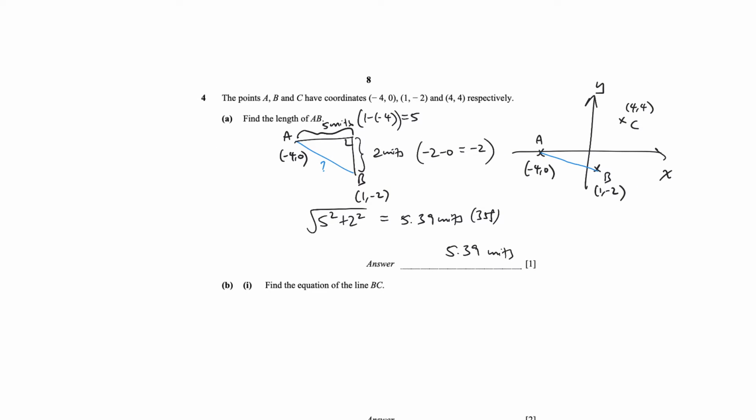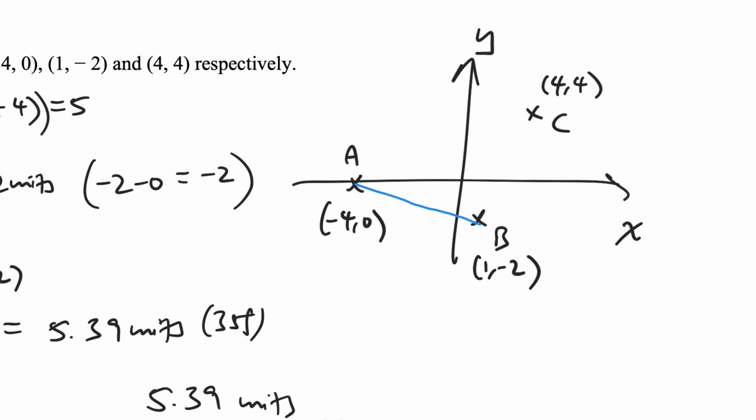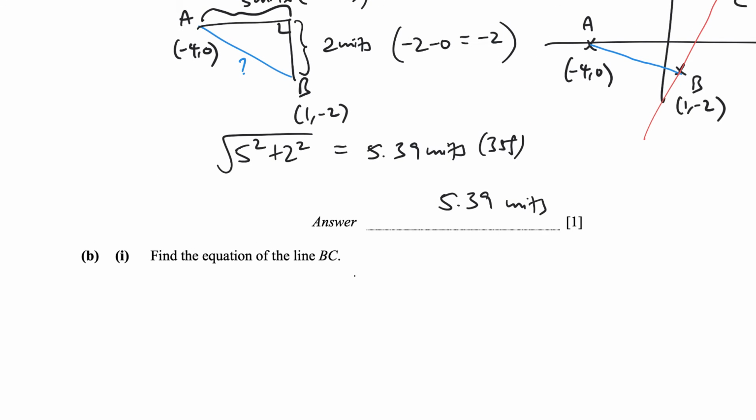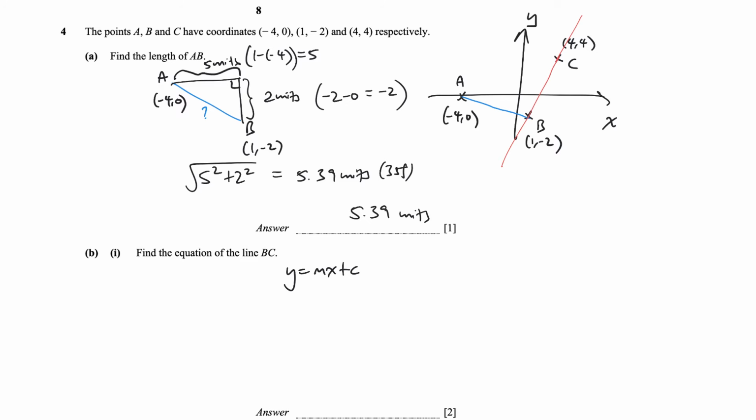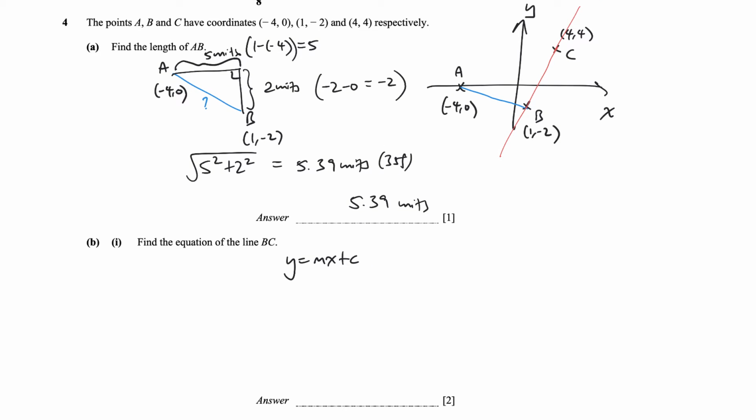Find the equation of the line BC. So now we have this BC and we want to find the equation of this line. Now lines go on forever, but we have 2 points. It's a straight line, so we go back to y equals mx plus c. Let's try to find the gradient first. So m is equal to,